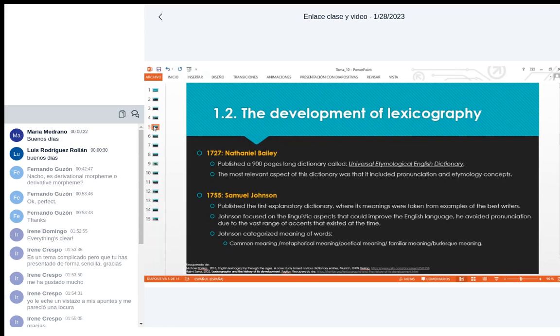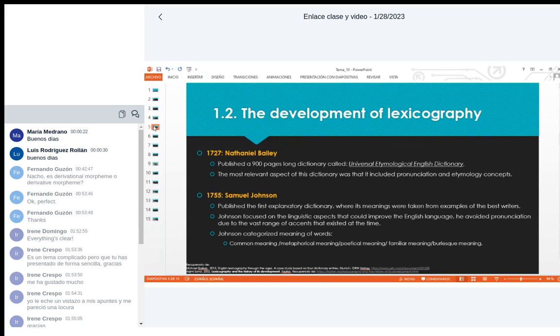of different ways of pronunciation. So I'm not going to include this pronunciation into the English dictionary. What I'm going to do is to include the examples and the meaning of the words, which is the important thing. So something that Johnson included as a particular thing was that he categorized the meaning